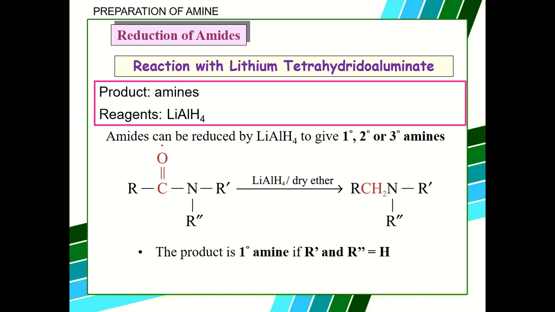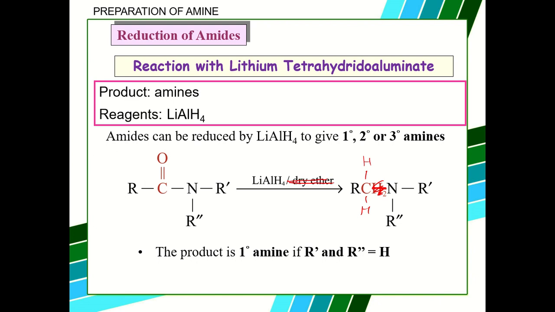Now this amide can also be reduced to form amines. The C double bond O will be gone. The O will be reduced. So what you do is this carbon here now has two hydrogens in the products. Two hydrogens, so this O is gone. Again, we use the same reducing agent,